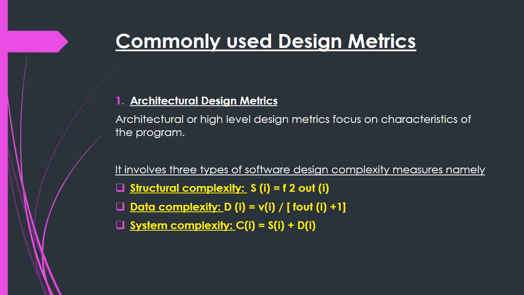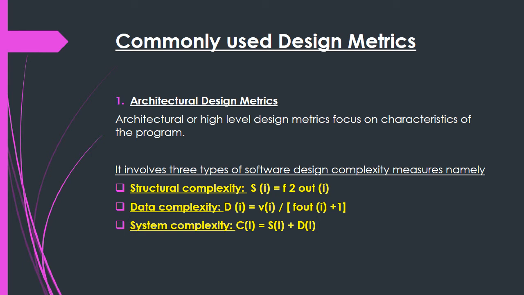That means whatever architecture we have prepared at the designing level, it is used to measure the effectiveness of different modules or components within that architecture, and the focus is more on the architectural structure, that is, how the blueprint or the entire architecture is prepared. These design metrics are used at that level. So at the architecture level, we calculate the overall complexity of the architecture that the developers have prepared with the help of these three formulas.